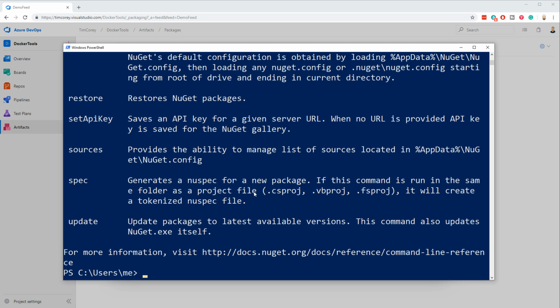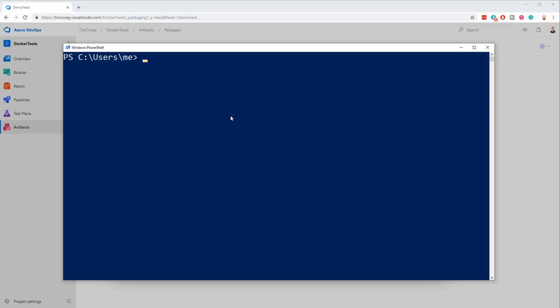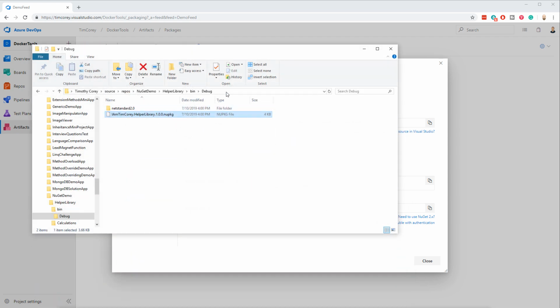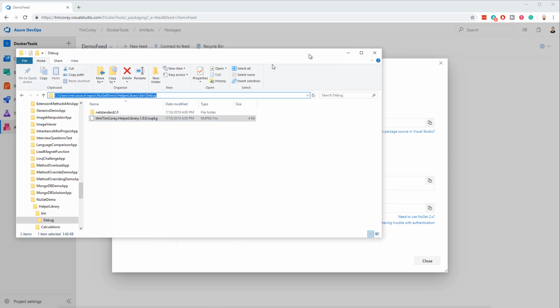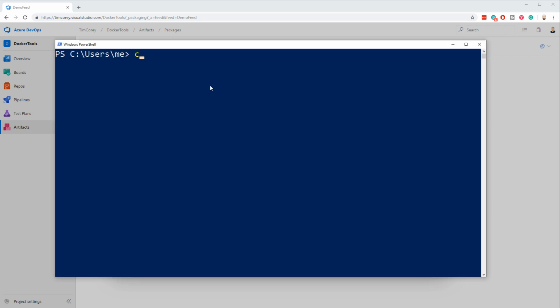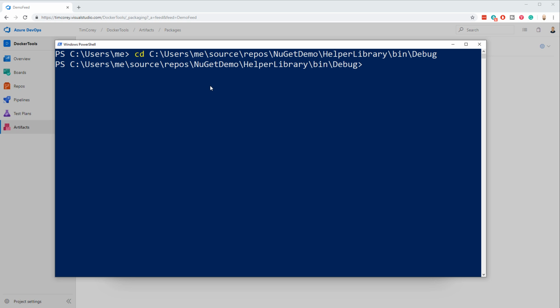So let's do this. Let's clear the screen. I am going to run this directly, so I'm going to get a full path to my exe. But first, what I want to do is get the location where this package is. So I'm going to copy this link, and I'm going to move it off the screen. And I'm going to change the directory to be that directory, which is quite long,